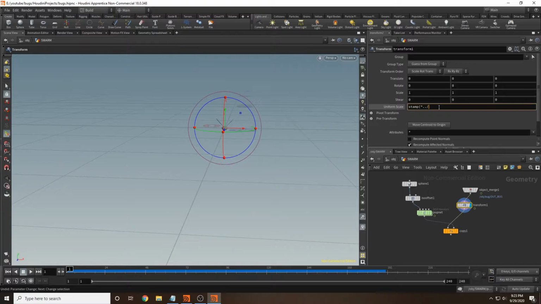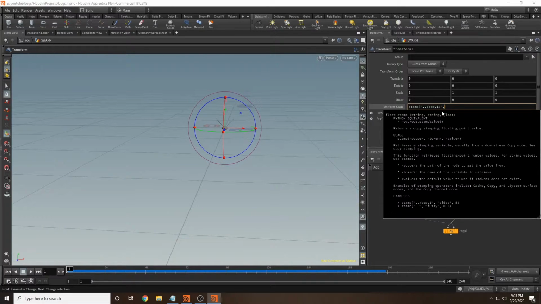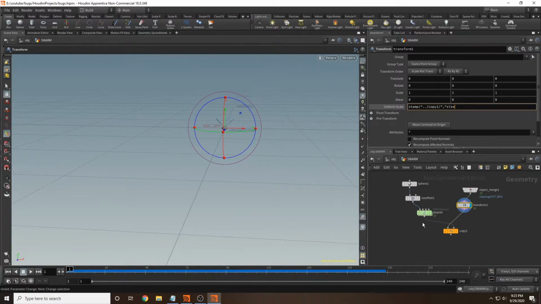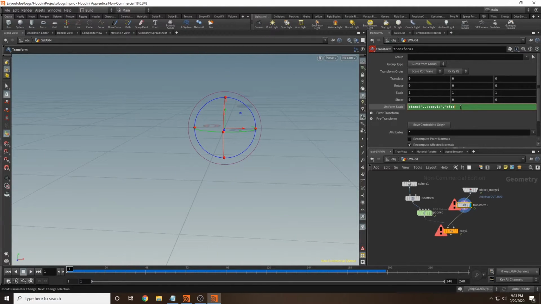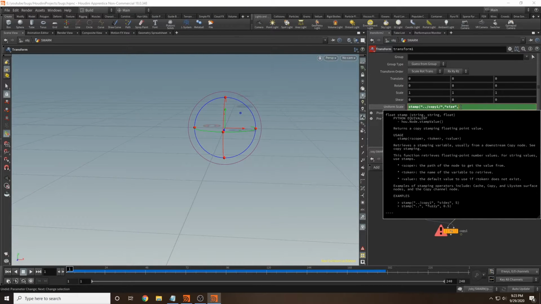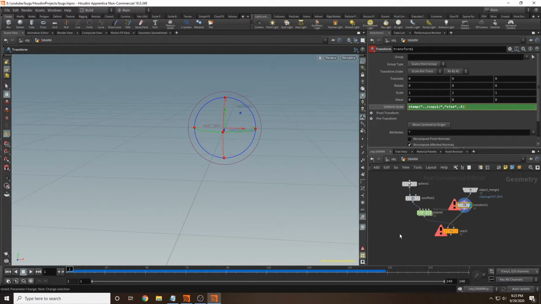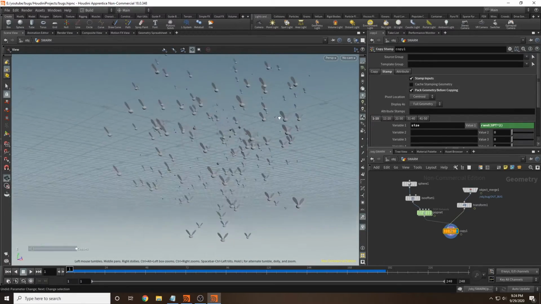And it says, okay, what node? We want our copy 1. You can see it's adjusted it right here for us. And copy 1 is the name of our copy stamp. Close that off. And we want to reference the size. That's what we named our variable right here. Size. And here we just need to put in a value of some kind. We'll just do 0.5 to avoid any errors of any kind. Close that off. And so when we click on our copy, we have a ton of different bugs, tons of